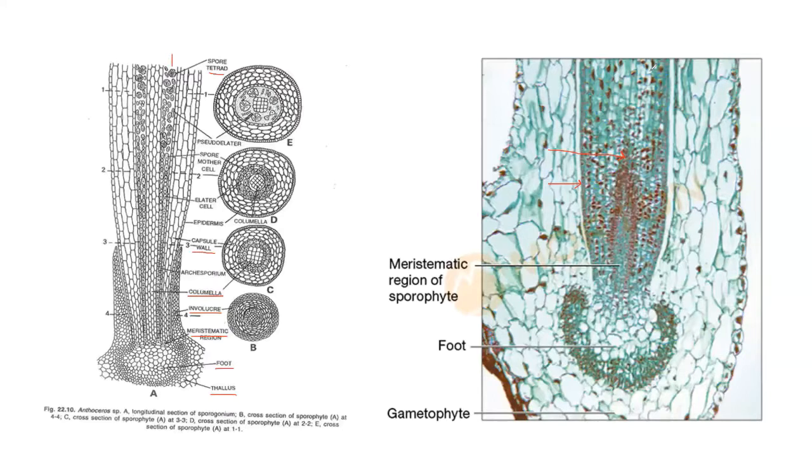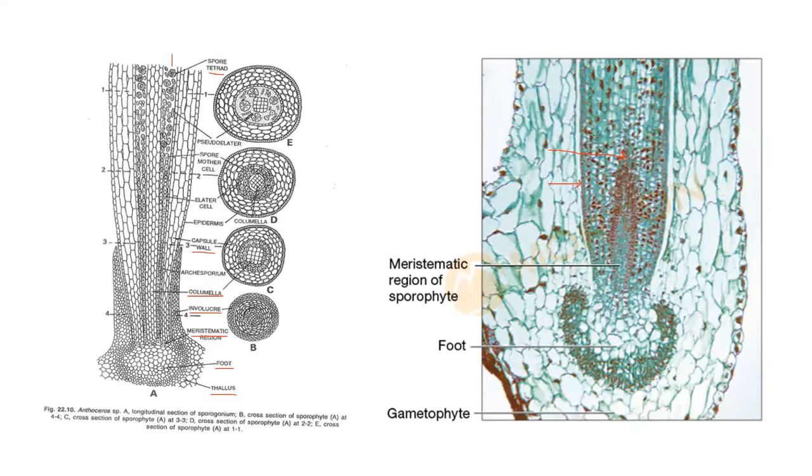The inner layer of the capsule wall is chlorenchymatous, that is, parenchyma with chloroplast. So what is the function? Obviously photosynthesis. The wall is thus photosynthetic in function, which enables the sporophyte to become at least partially, if not fully, self-sufficient as far as food material is concerned. And the sporophyte is therefore referred to as a semi-parasite or partial parasite.